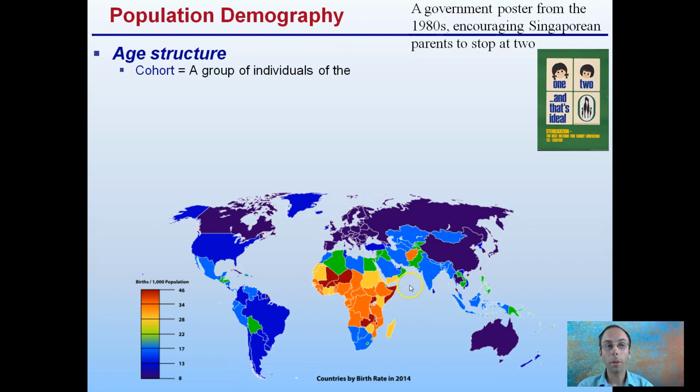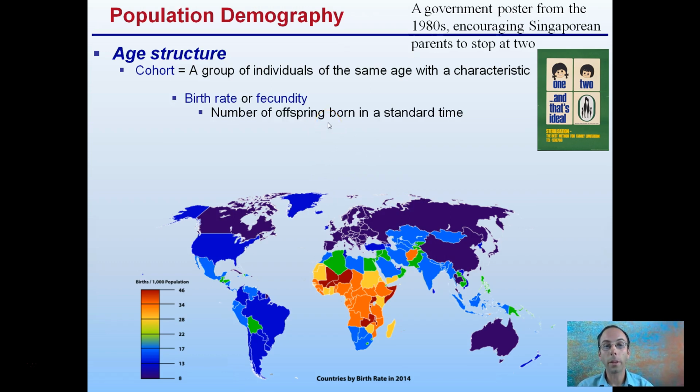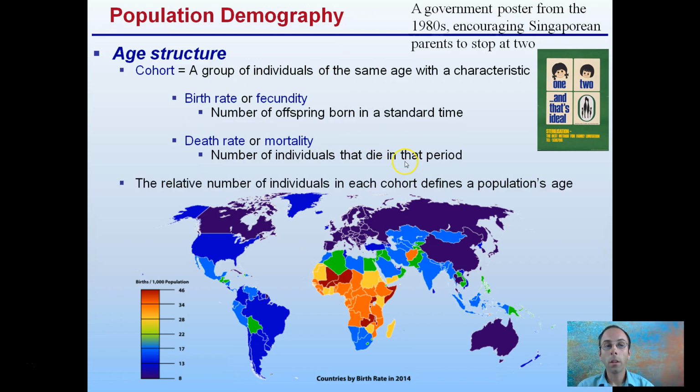So the age structure, as I mentioned, a cohort is a group of individuals of the same age with characteristics. Birth rate or fecundity is the number of offspring born in a standard time. That directly relates to the death rate or mortality when we're looking at populations here. It's the number of individuals that die in that same period. The relative number of individuals in each cohort defines the population's age structure, and that goes back to the first image we saw with the bars, where we're looking at the number of individuals of the male and female sex ratio there